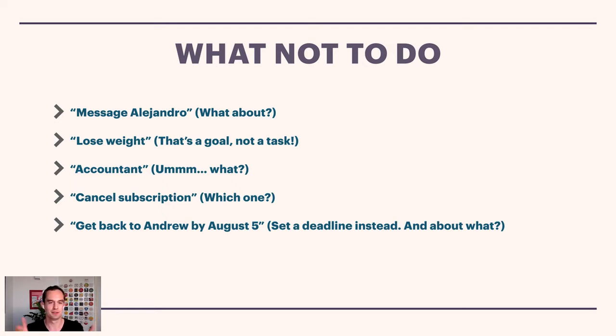What else not to do? Lose weight. Oh boy, I have so much to say about this one. Another one could be build muscle, which is something that I want to do. A terrible name for a task. But I see this a lot. It's not actionable at all. If I have a task in my task manager that says build muscle, what am I going to do? Literally picture it. It probably involves me going to the gym, right? But not just once. It probably involves me going to the gym repeatedly. So there are a bunch of other things I'm going to do. Make sure I eat enough protein. Make sure I get enough sleep.